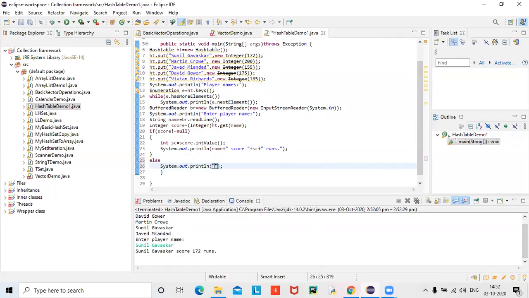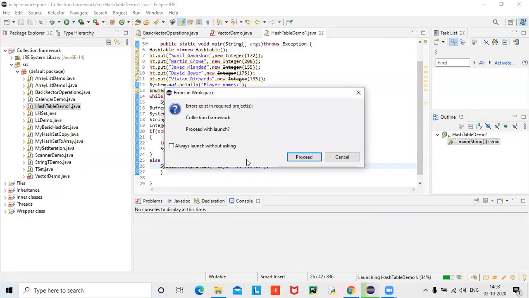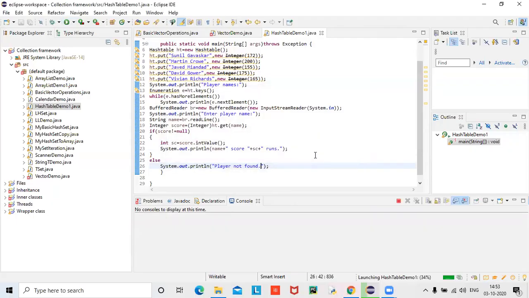Player not found. Player not found. That's it. Why is it showing this?